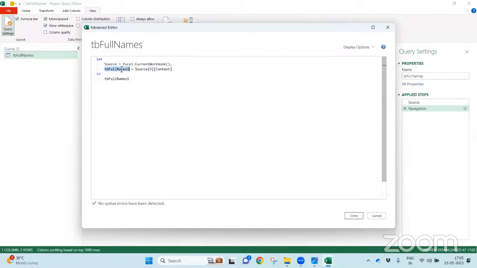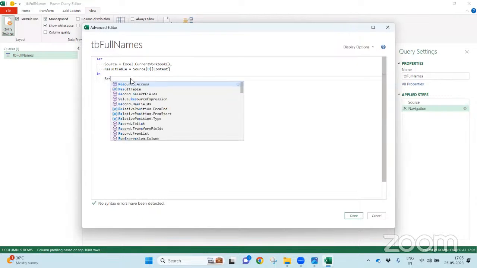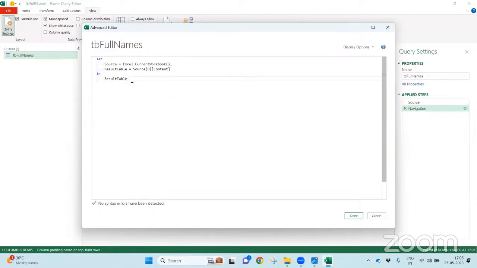If you want, you can change the name here. I don't want this. I want result table. So let me just put it result table. Because I want this particular result table to be the answer. It is automatically identified. Now, another couple of important rules here are that your program should start with let all the time, in lowercase.